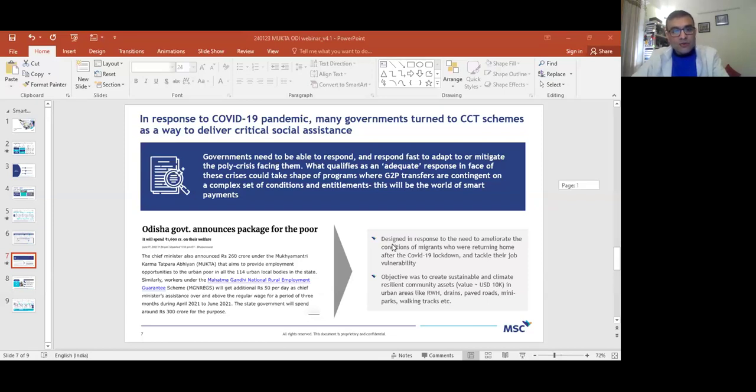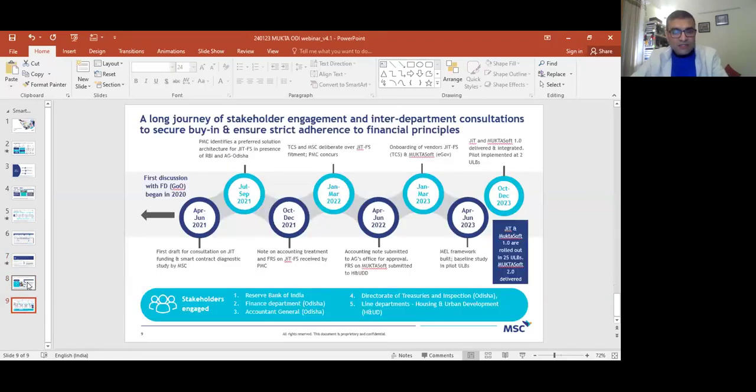Now, moving to the last question, which was about how did the work in Odisha come about? I'll just move to this slide. What we have seen in the last, so this has almost taken about more than 4 years in coming. The first year was largely spent on advocacy, where we socialized this idea with the finance department. We made finance department the anchor, and then we followed it up with about 6 months of diagnostics, where we looked at 6 line departments, and then finally chose the Housing and Urban Development Department's Mukta scheme